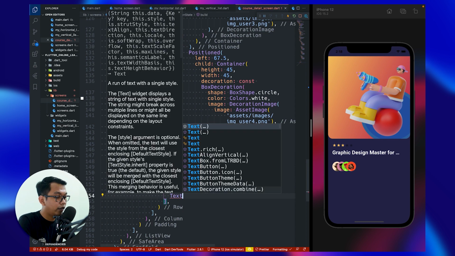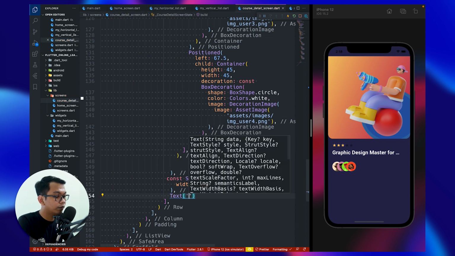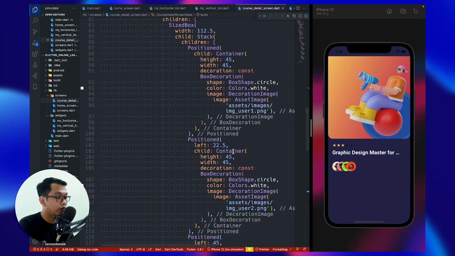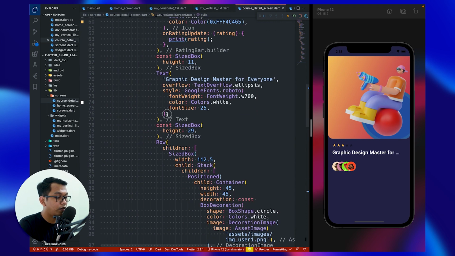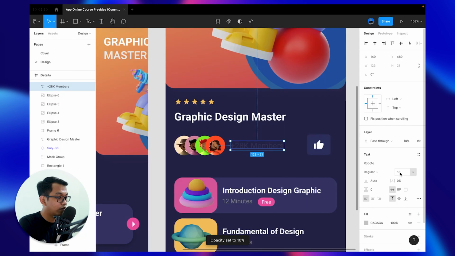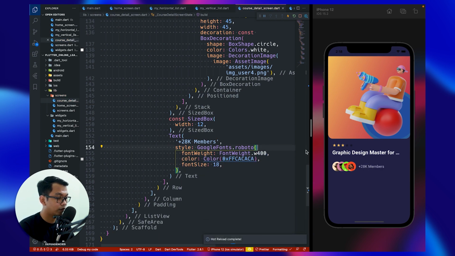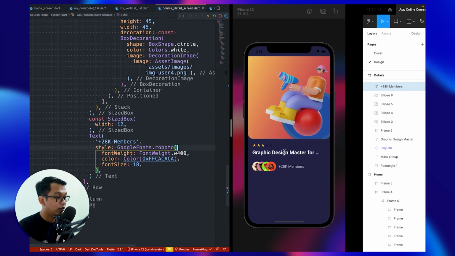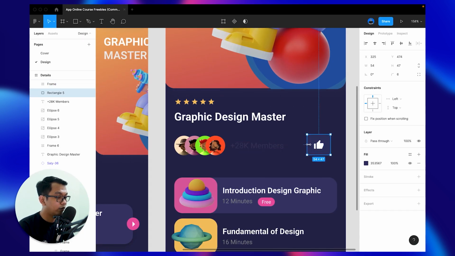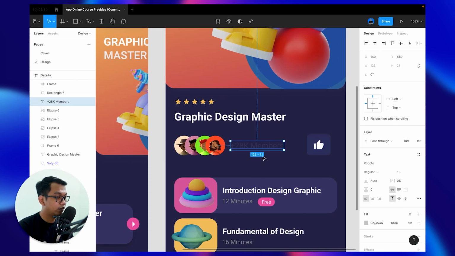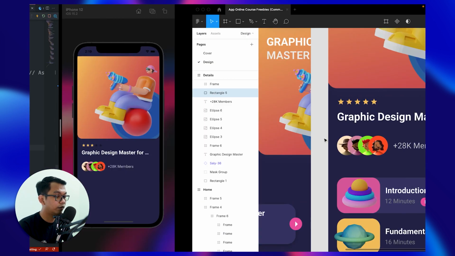And then we add text widget. And again, we can copy style here, 18, and this color, regular. So 18, and then regular is 400. Look like this.